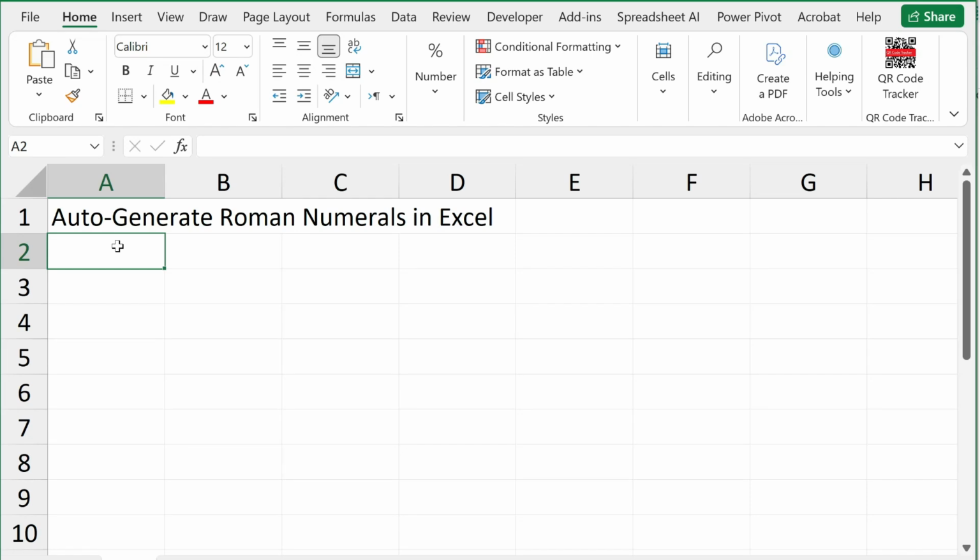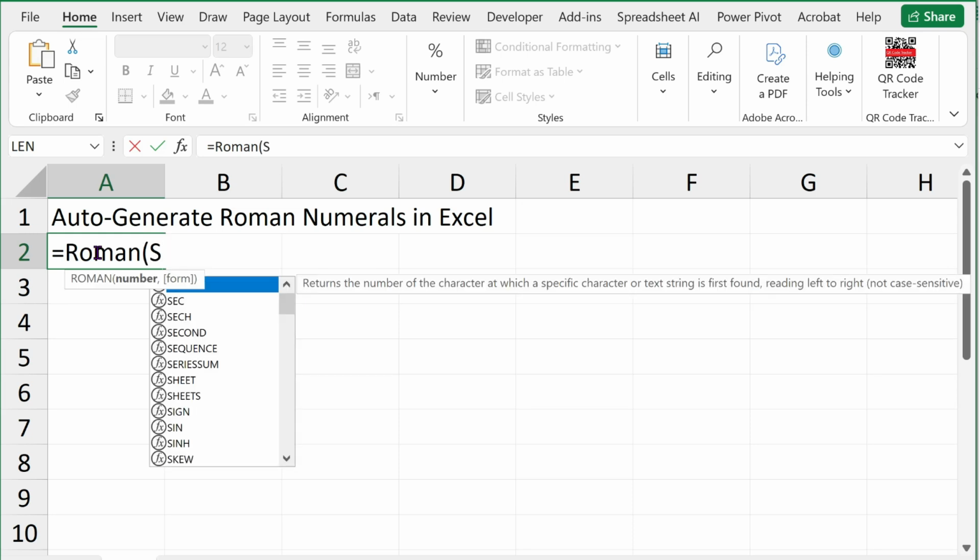If you are using advanced Excel and want a dynamic list of Roman numerals generated instantly without dragging, then use this formula. For this, you need to click on the empty cells where you want the Roman numerals to appear. Put the equal sign, type ROMAN, open the bracket, type